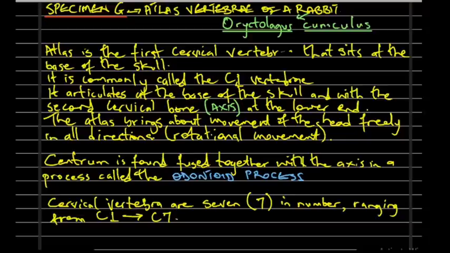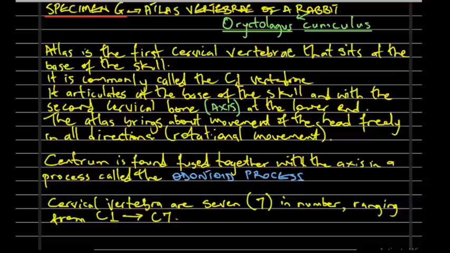Moving further now, we talk about specimen G, which is the atlas vertebrae of the rabbit. The scientific name of this rabbit is Oryctolagus corniculus. So we have the atlas to be the first cervical vertebrae. The first cervical vertebrae that we have is what we refer to as the